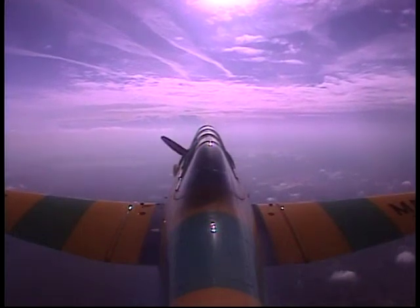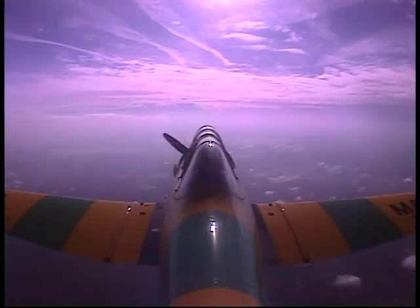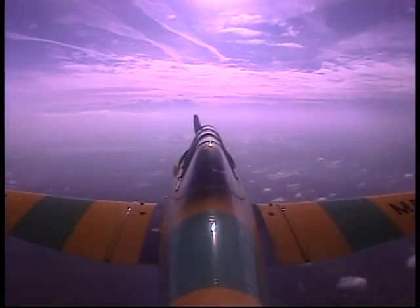Go ahead and lower the nose. We'll cruise here. We're going to increase our airspeed. We'll cool off the cylinders. While we're doing that, let's do a left turn. We're going to